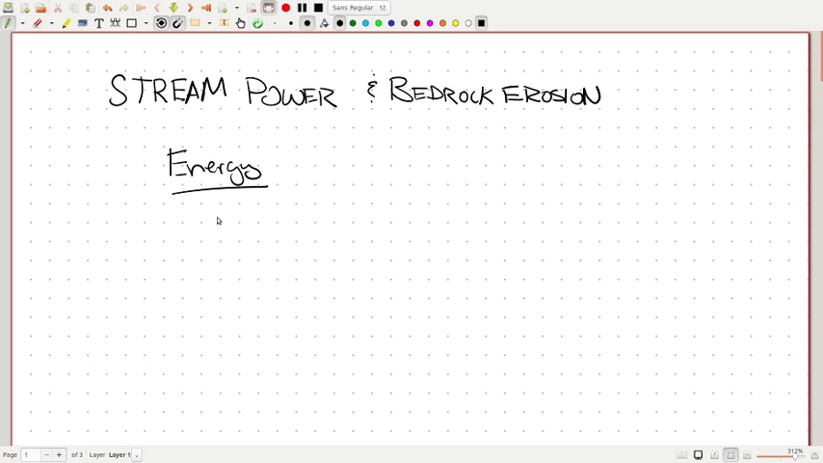And so in energy, the common equation that we have is potential energy is equal to mass times gravitational acceleration times h, so mgh. And so this is an elevation. G, gravitational acceleration,